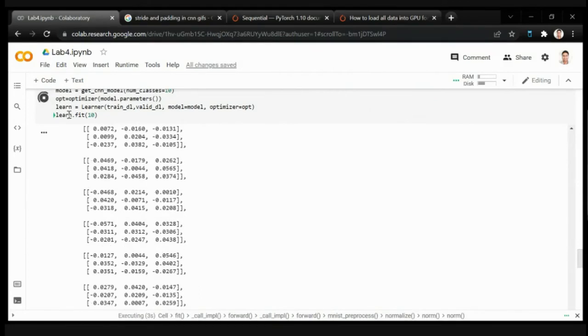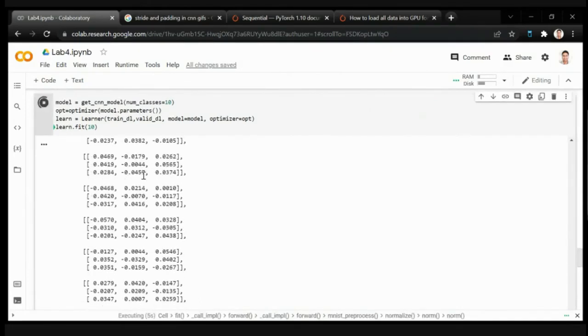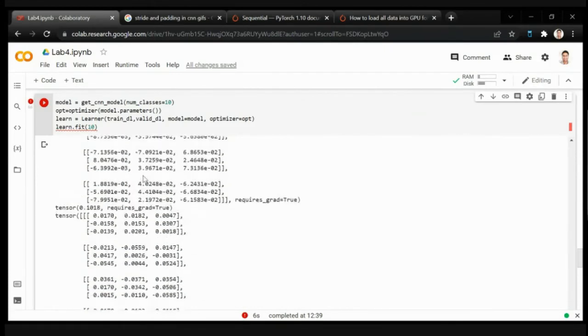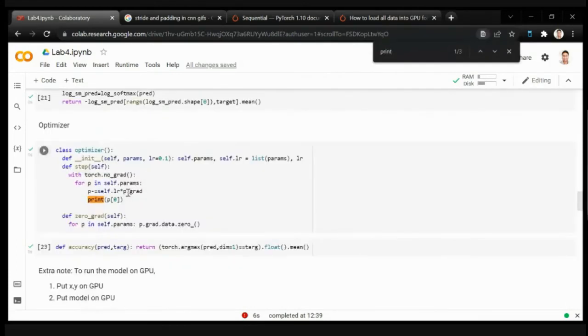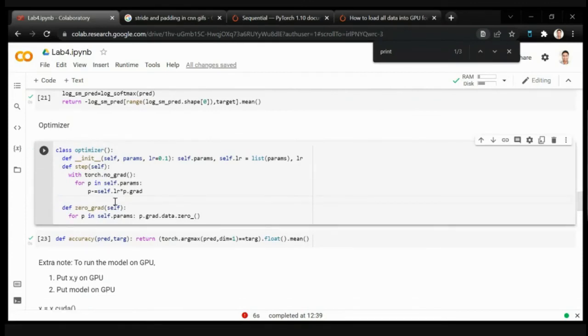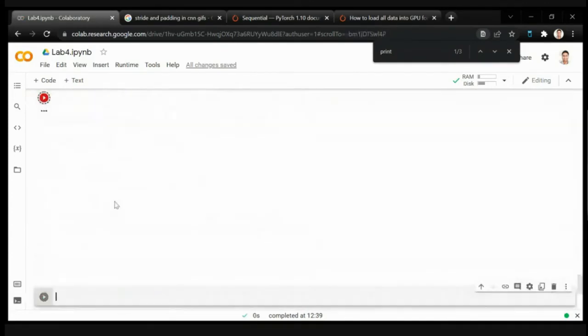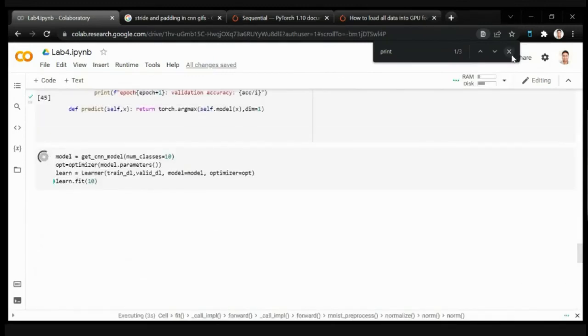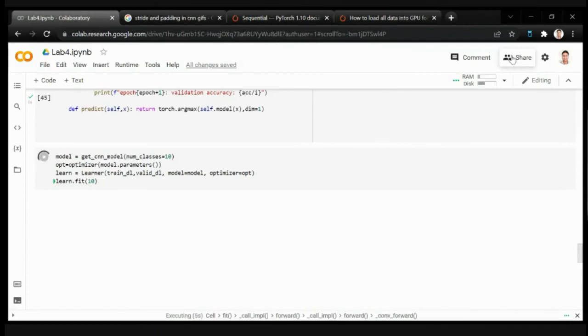Wait, why is it printing so much? Did I ask it to print anything? Yeah, okay. So from my previous lecture, I think I must have left something over here. Now you're going to see that it's going to be running. It's going to be very slow because, mind you, we're running all of these operations on a GPU, which is